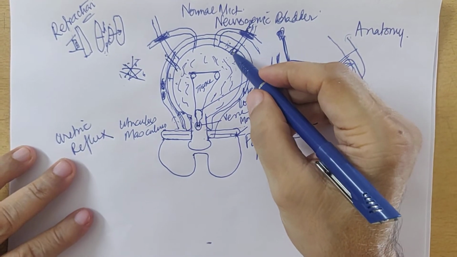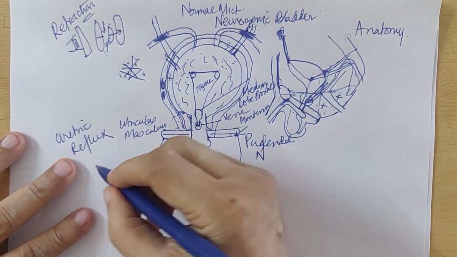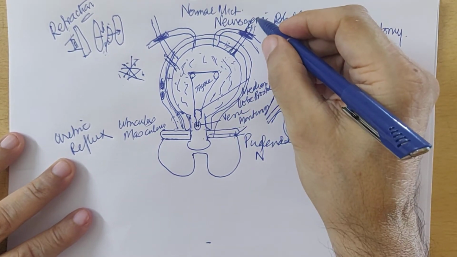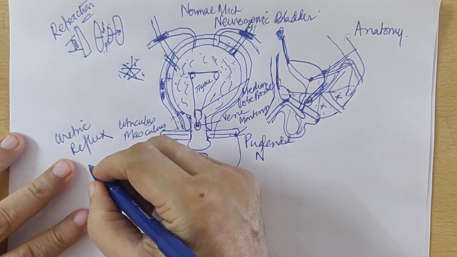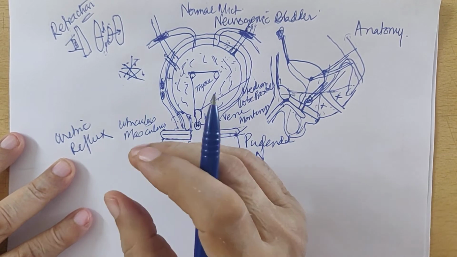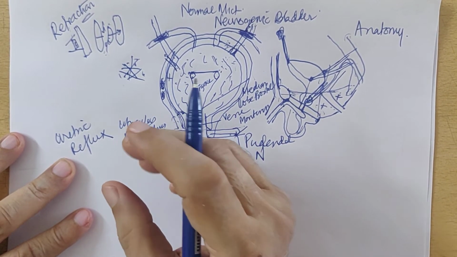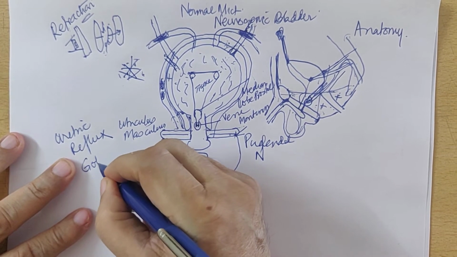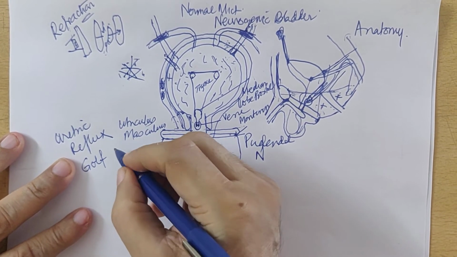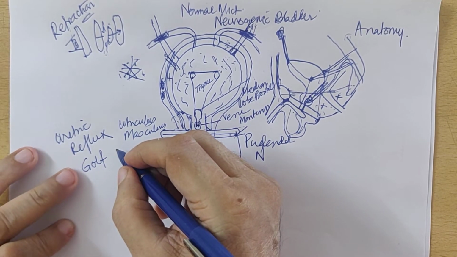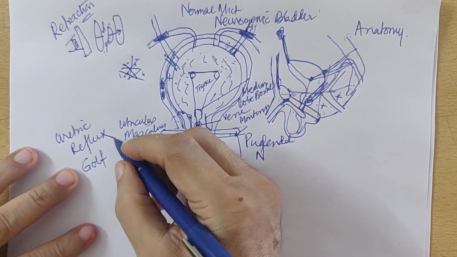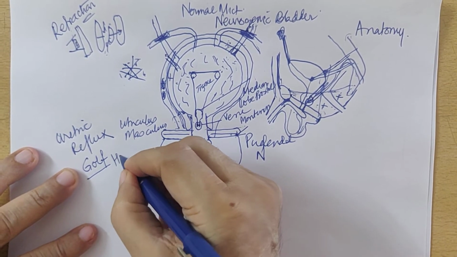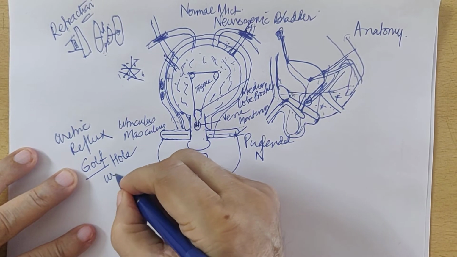If the ureter is very tight and it cannot close, there will be a vesico-ureteric reflux of urine, which will lead to back pressure, a hydroureter, and hydronephrosis. Such a ureter which cannot close is seen in TB of the urinary bladder and the kidney and is called a golf hole ureter.